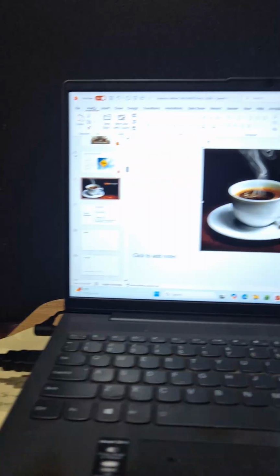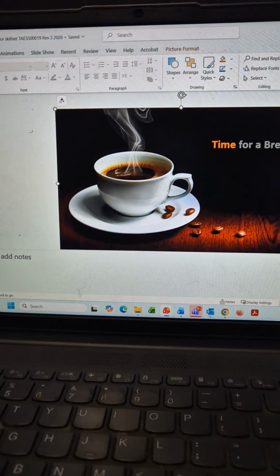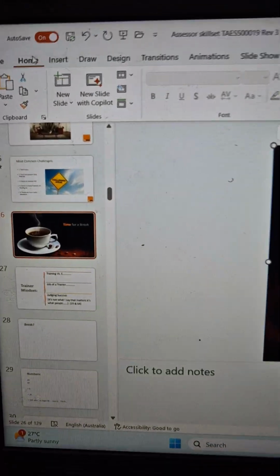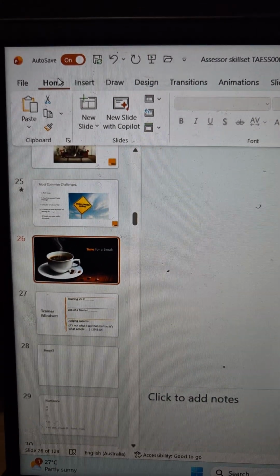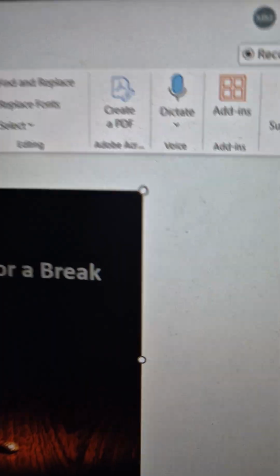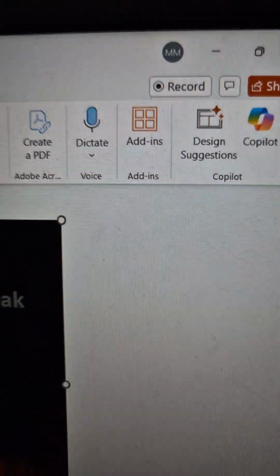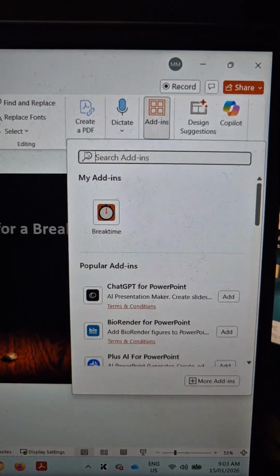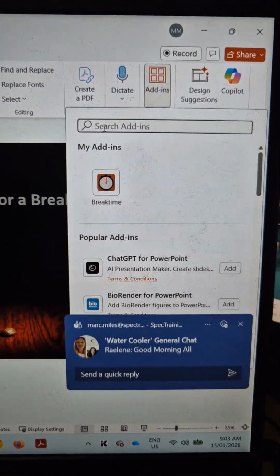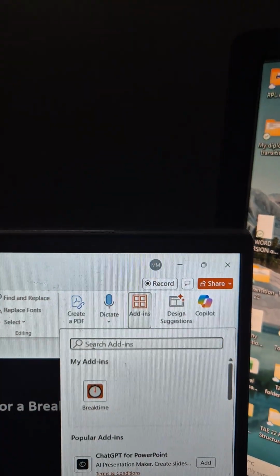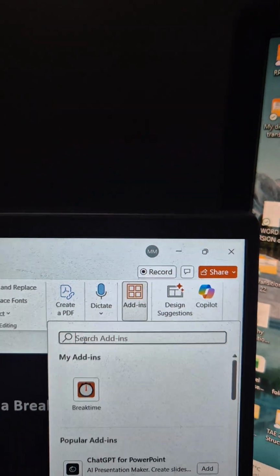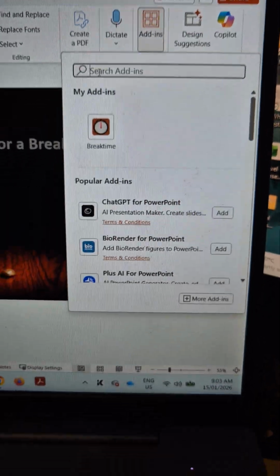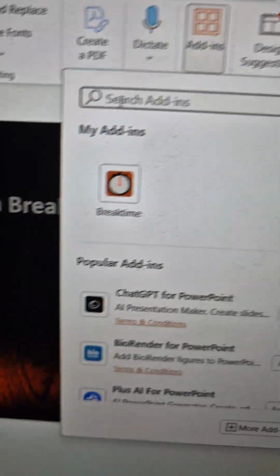Alrighty folks, so hopefully you can see my screen here. I'm just going to slide, and what I'm going to do is come over to the home tab here. Then I'm going to come over to the add-ons, and I'm just going to click on add-ons. Now when you go into add-ons, you can type in a countdown timer, and so in search add-ons you can type in countdown timer, and the one that I've chosen is called break